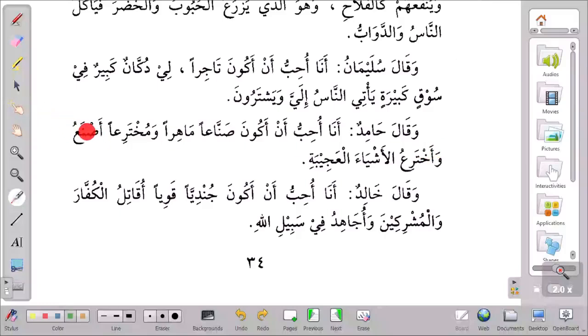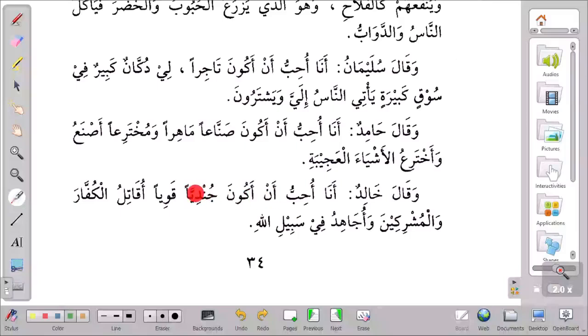Asna'u, I will be making. We have just seen sana'a. I'll be manufacturing. Wa akhtari'u, yakhtari'u. Akhtari'u, and I'll be inventing al-ashya al-ajibati. Ashya is the plural of shay'un, things. Ajiba, amazing, is coming from ajib. When we say something is ajib, strange, amazing. So waqala Khalid, and then Khalid says,